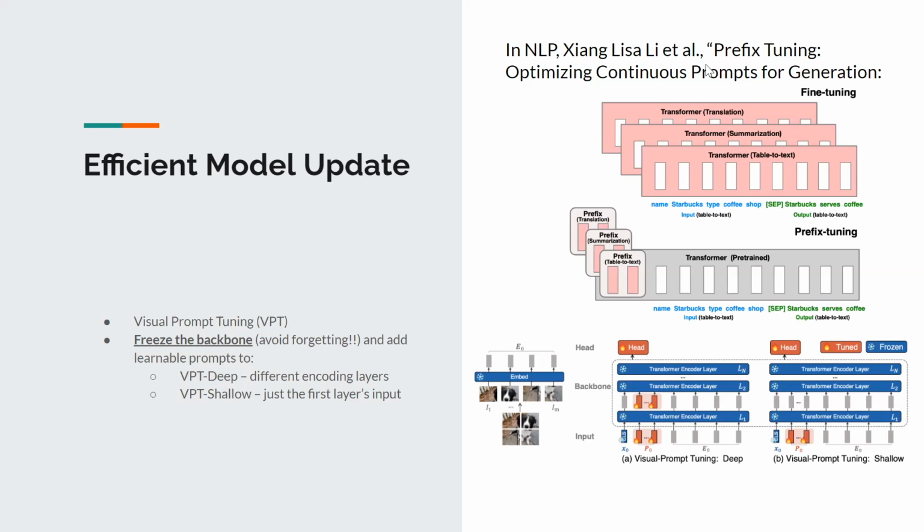So what we did is this, right? We follow this idea, but now we are in the CV domain. We also add prompts to the input to the layers and stuff like that. And we don't touch anything here. We keep them all frozen, and then we just update the head and the prompts, right? Now there's a different version of it. You can add it at every layer. VPT stands for visual prompt tuning, so that's called VPT deep. And if we only add it to the input layer, with only a small number of prompts, we call it VPT shallow. Okay, so these are two terms.